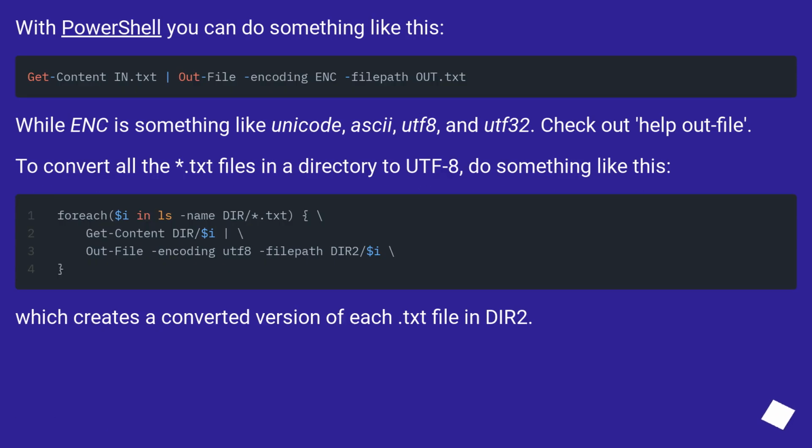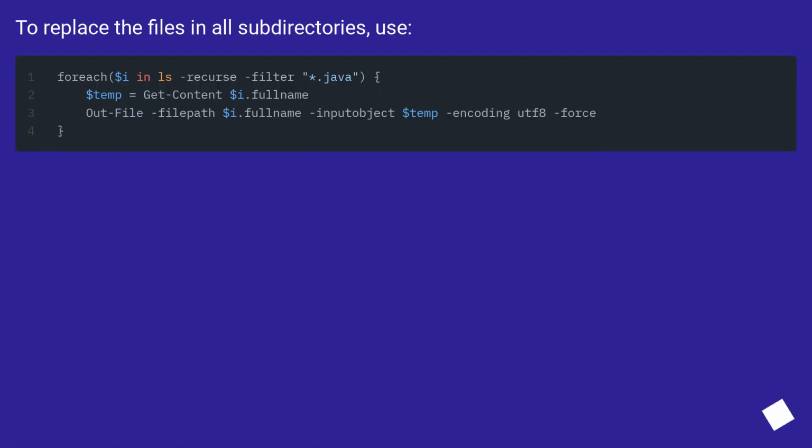With PowerShell you can do something like this, where ENC is something like Unicode, ASCII, UTF-8, and UTF-32. Check out Help Out-File. To convert all the text files in a directory to UTF-8, do something like this, which creates a converted version of each text file in dir2. To replace the files in all subdirectories, use